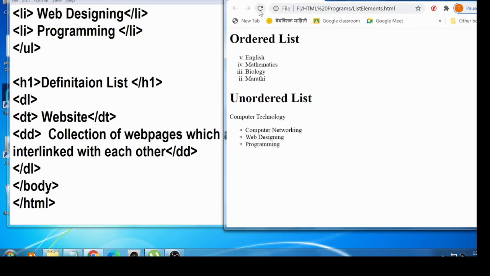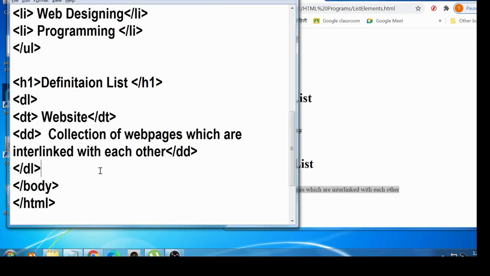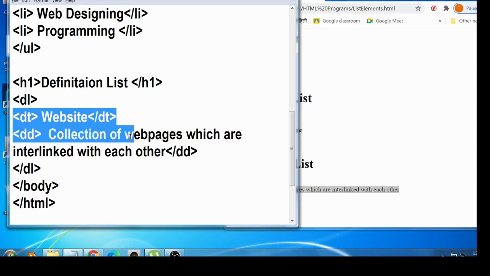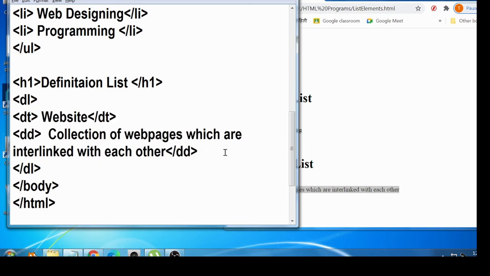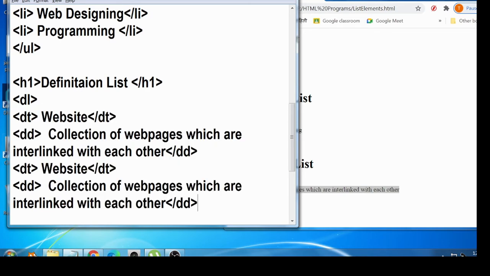Save this file, go to the browser and click on the refresh button. It displays the website as a defined term and below it the DD. Okay, DT and DD, defined term and defined definition.